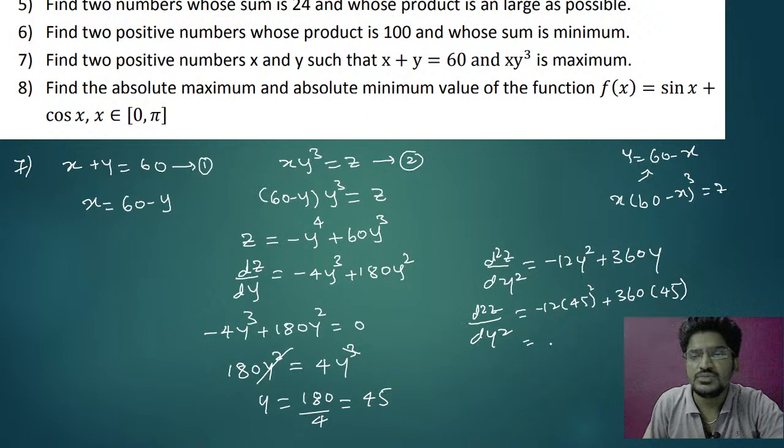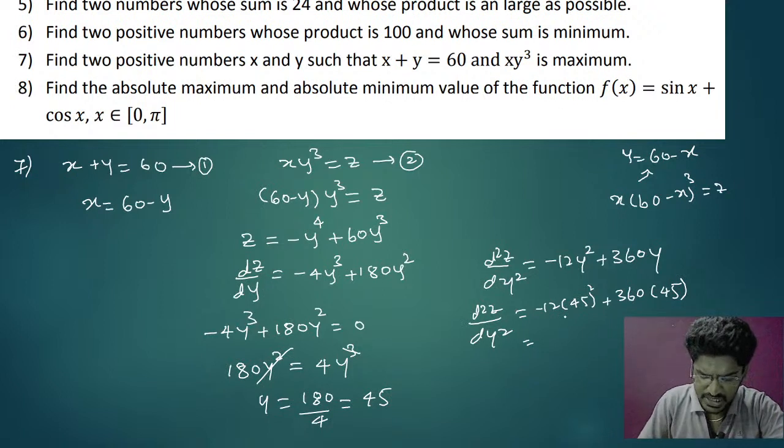Okay, you have to check this, because if it is lesser than 0 then only maximum exists. Okay, so let us check this. How much? That is 45 square multiplied with 12,